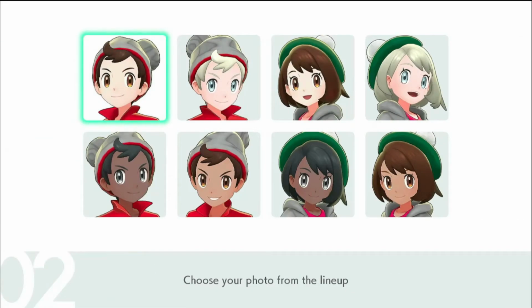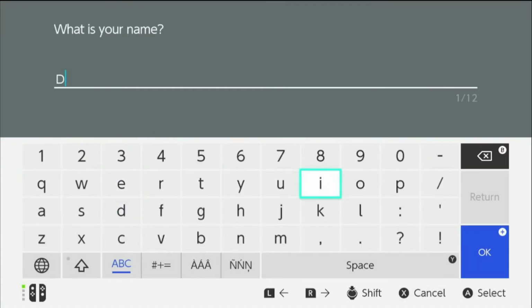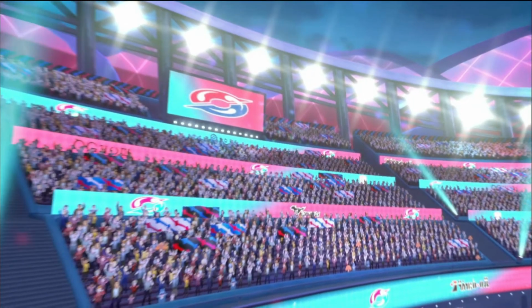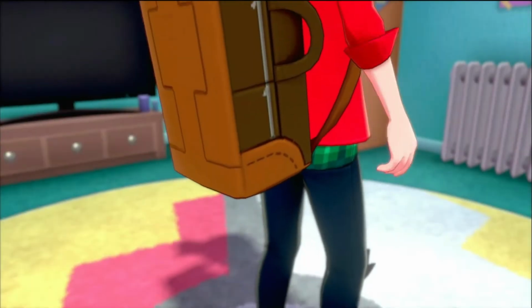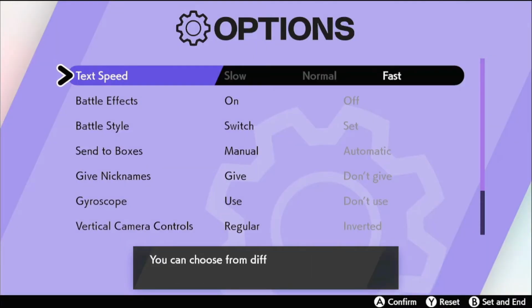You're going to have to open up Pokemon Sword, listen to the way too long intro, choose who you want to be. In this case, of course, we're going to be Dill. Who else would we be? Listen to Rose give his speech about how great Pokemon battles are and how great Gigantamax is. You're going to go grab your box, run outside, talk to...